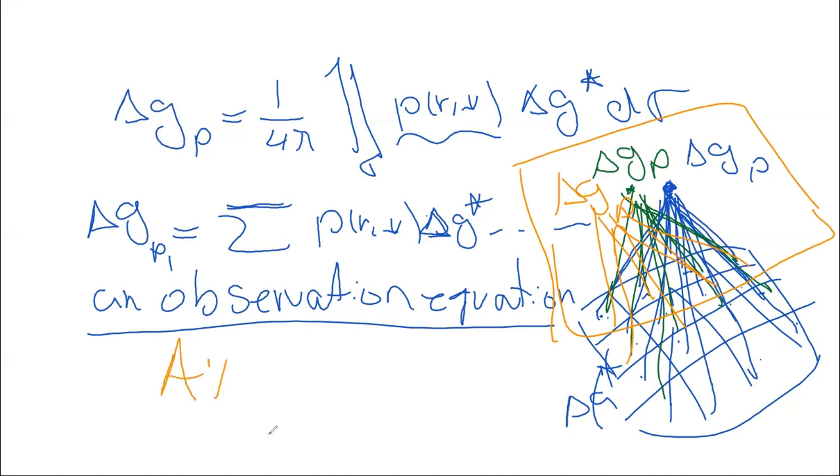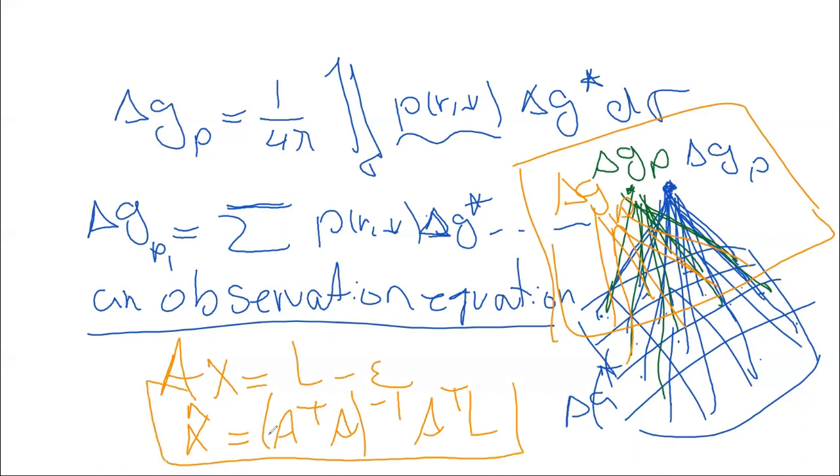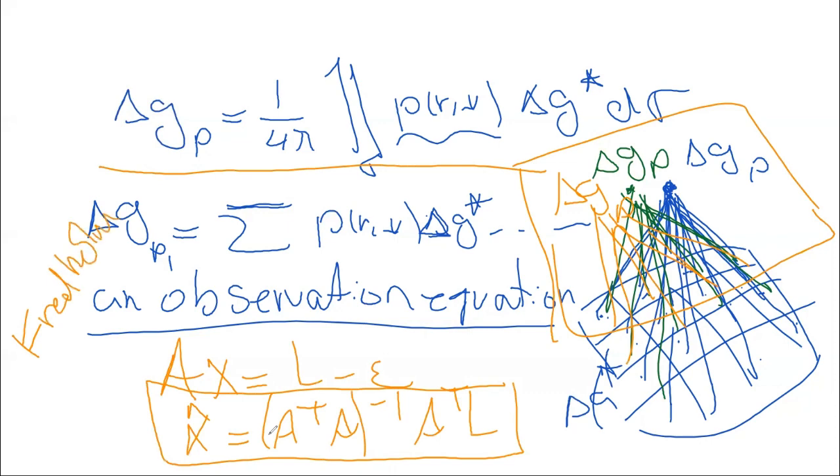So in a least square form, for example, the solution will be A transpose A inverse A transpose L. That's all. This type of integral is called an integral equation of Fredholm type 1. Integral equation of Fredholm type 1. You can solve this. However,